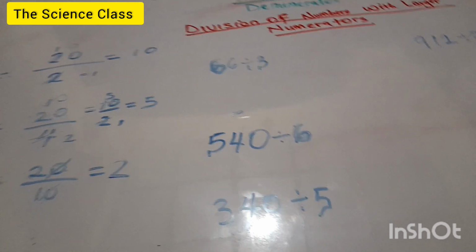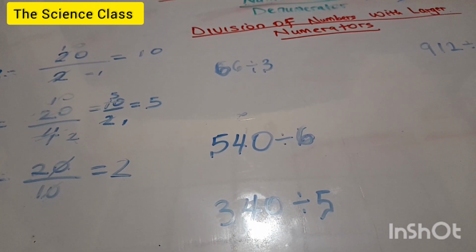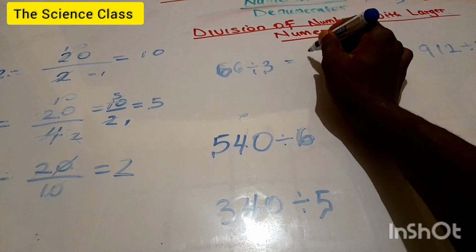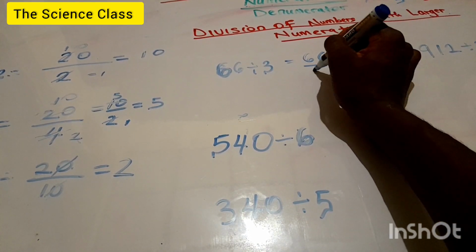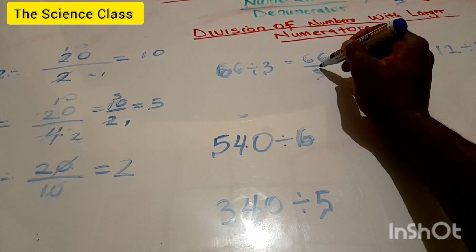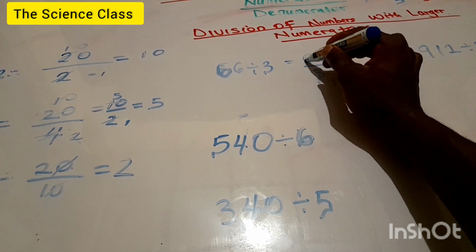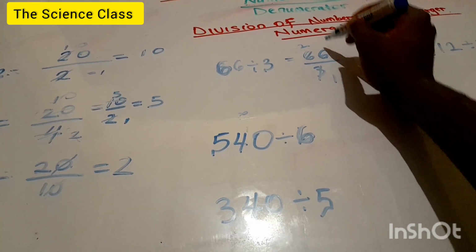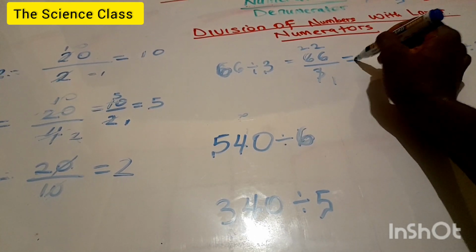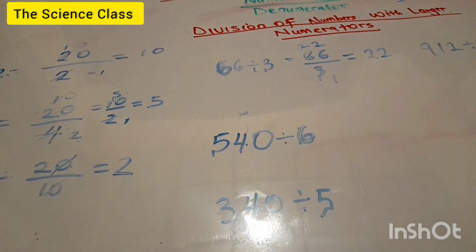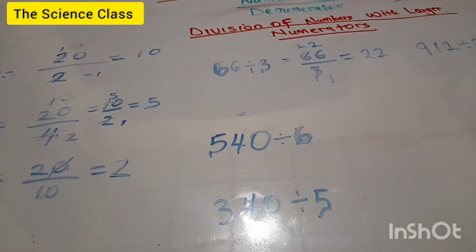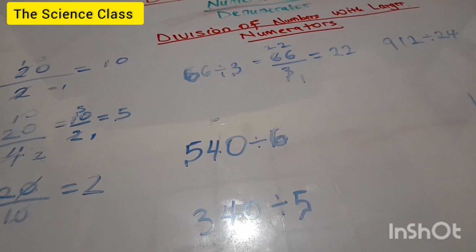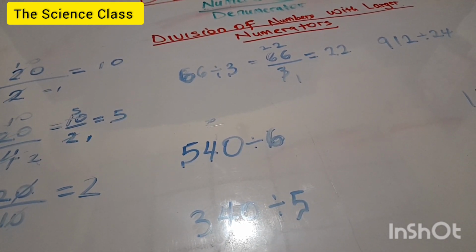So our next example is 66 divided by 3. So if you say 3 goes here 1, 3 goes here 2, then 3 goes here again 2. So that gives us 22. So 66 divided by 3 gives us 22. All right, so let's go to the next